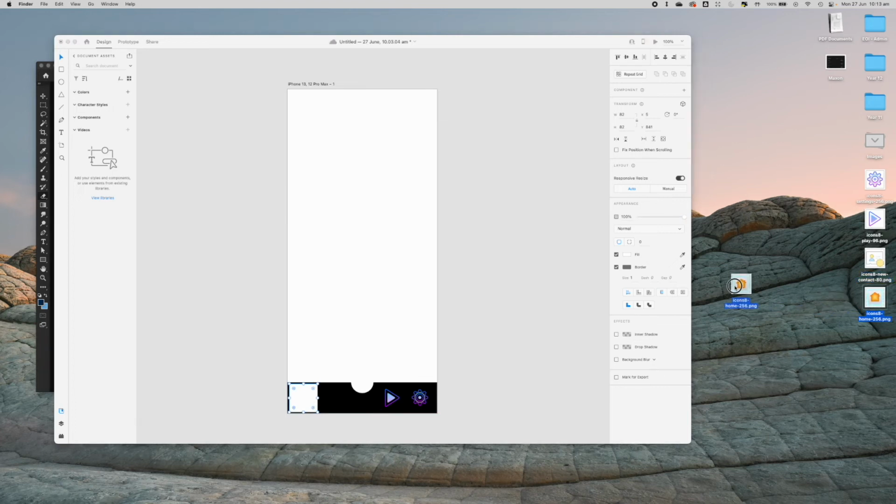So if I drop this image into the shape, it will only fill that shape. I'll give you another example. If I create a triangle and I drop this image into the triangle, it will only put the image where the triangle shape is. So you can do some really clever stuff by combining shapes to deliver a unique look